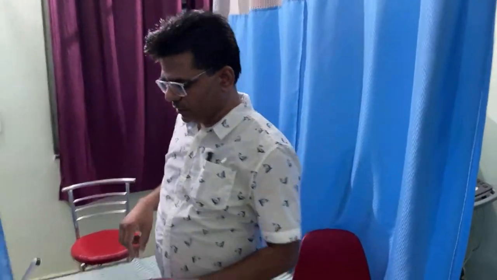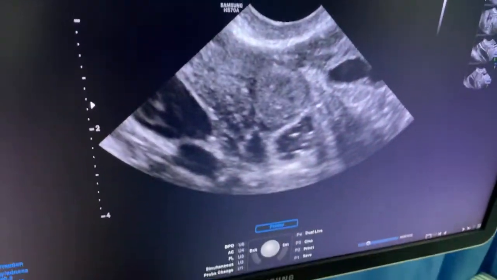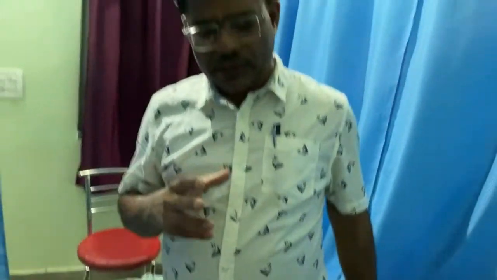And if it is extra-ovarian, this is a tubal lesion and this is my ovary, you will see this gap, a reverse beak, you can say. So there is a gap like this, and in intra-ovarian lesions you will see the beak sign. I will show you a demo of the same. Let me first discuss this case, and then go to the next case. Let's finish this case.